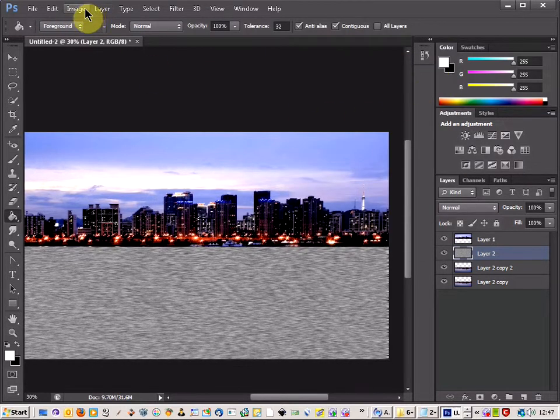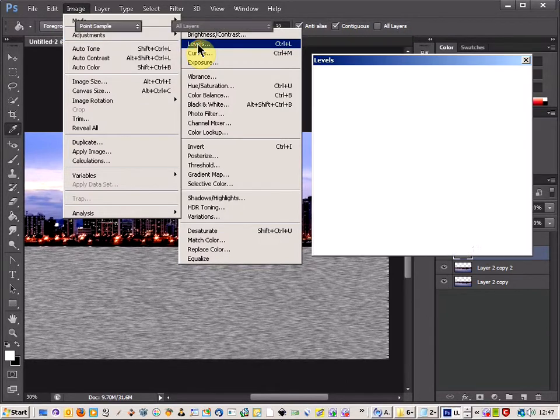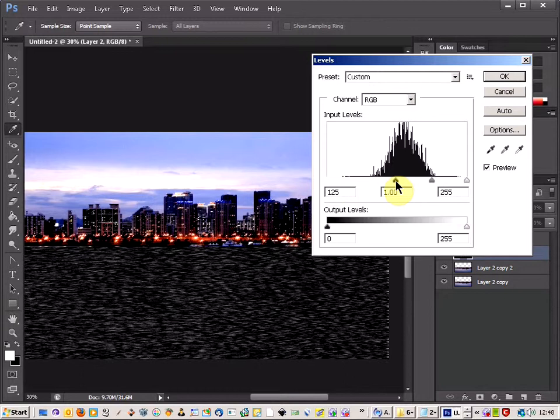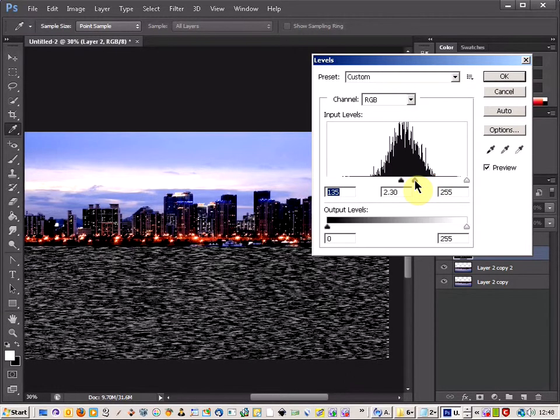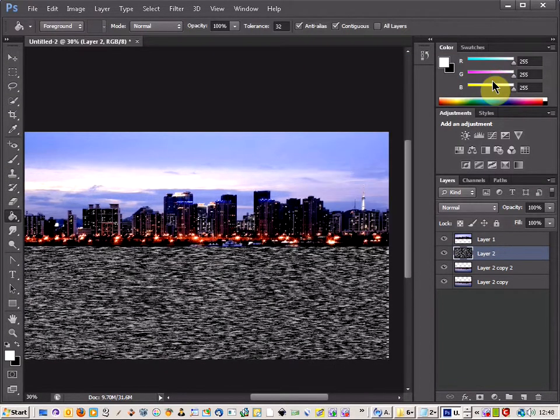OK that, and then come up to image adjustments and then levels, and what you want to do is just pull your black into quite a dark area there, and pull the grey down to lighten it up, and you can just leave the white where it is. So just OK that,